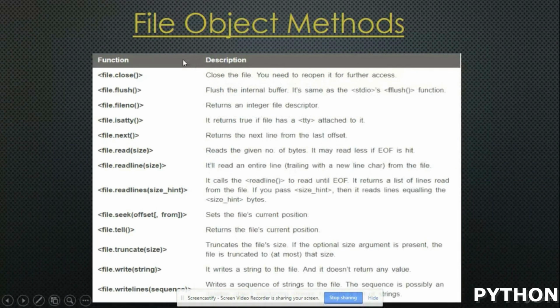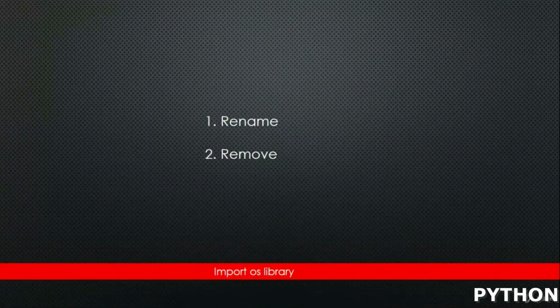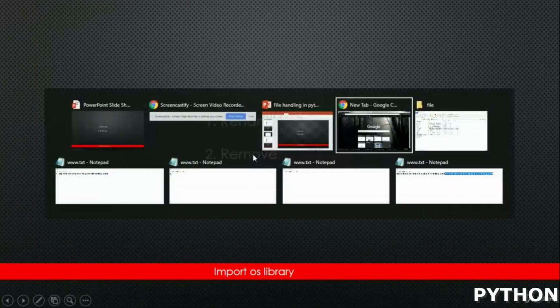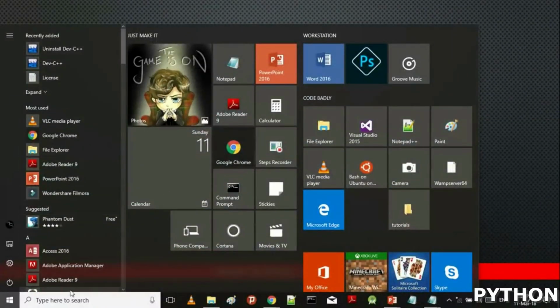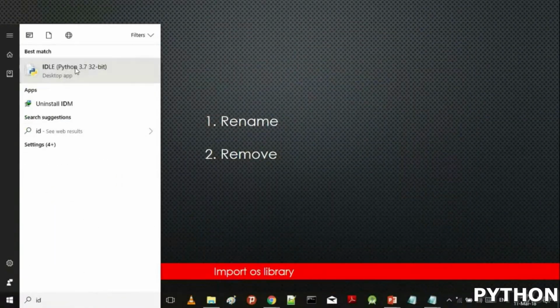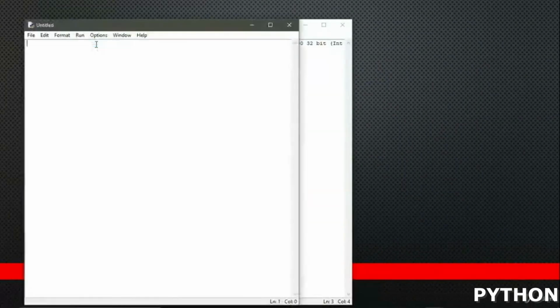In this way I completed all these file object methods. In this part I am going to tell you how to rename a file and how to remove a file from the directory. For this we have to import a library named os. These are the methods of the os library: rename and remove. So open IDLE, just write import os,